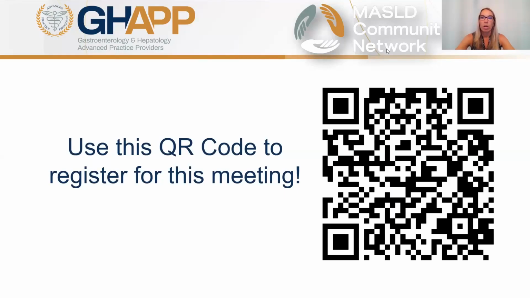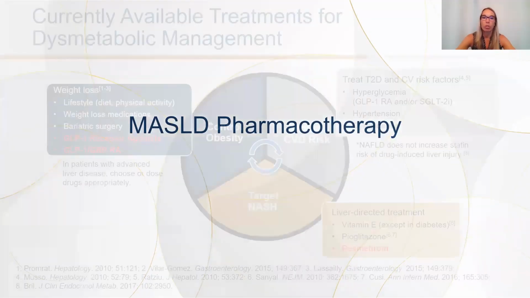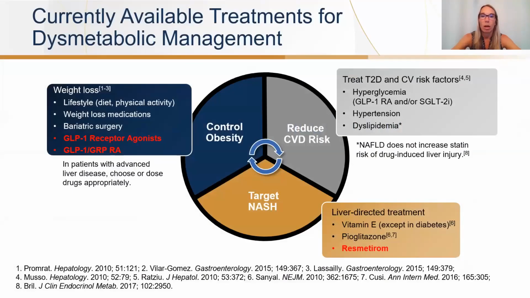So this particular podcast today is going to go over MASLD pharmacotherapy. As you know, MASLD is the new terminology, metabolic dysfunction-associated steatotic liver disease. We had our change in nomenclature from NASH. Now we're using MASLD and MASH, which is obviously more consistent with what this condition is. When we have fat develop in the liver, we really have high risk when we have other metabolic comorbidities. So it's much more in line with the pathophysiology of fatty liver disease.